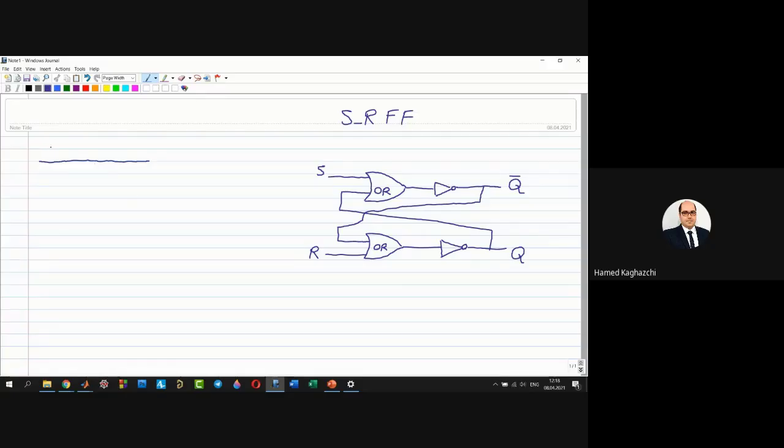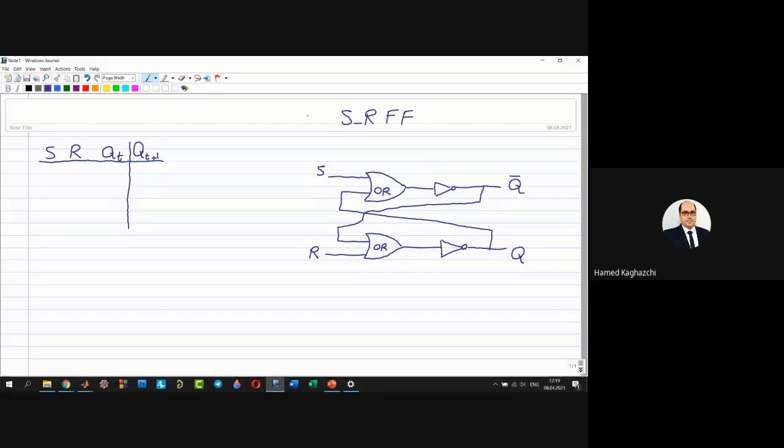Now, suppose that I want to know, if I have S and R, and also if I know the Q in the current time, the T time, and also the Q for T plus 1 time, the next value for Q. The current value for Q. I want to investigate